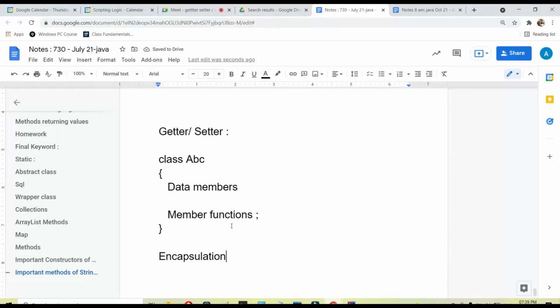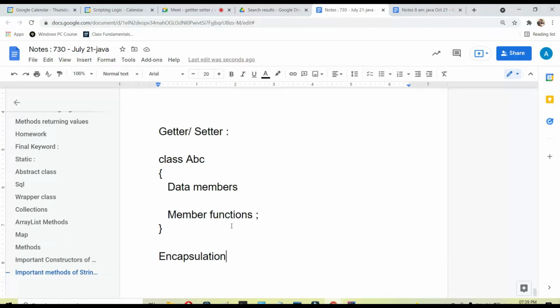In a capsule called class, we maintain data members and member functions. And here, the accessibility or the abstraction of data is quite important, which means data hiding is important.